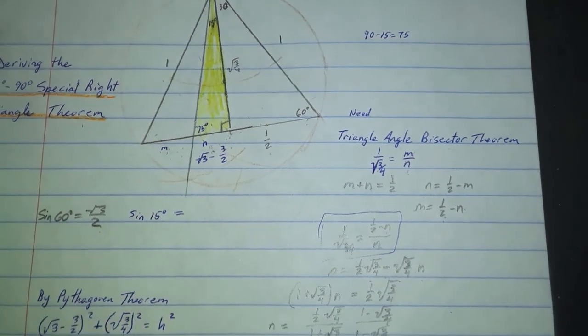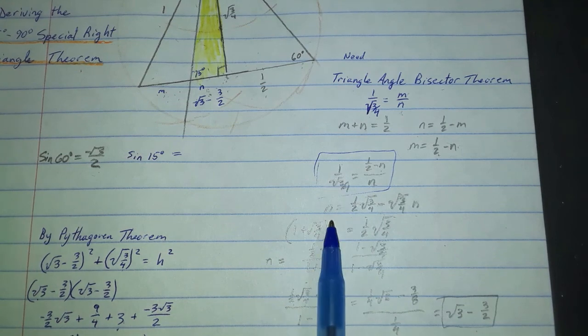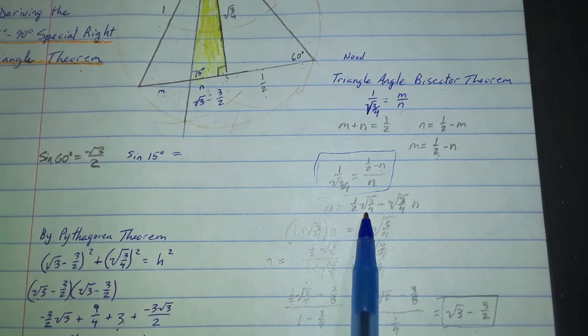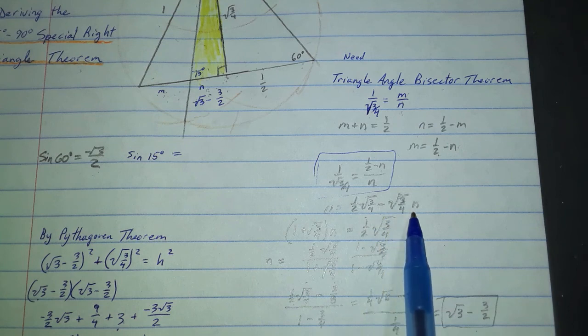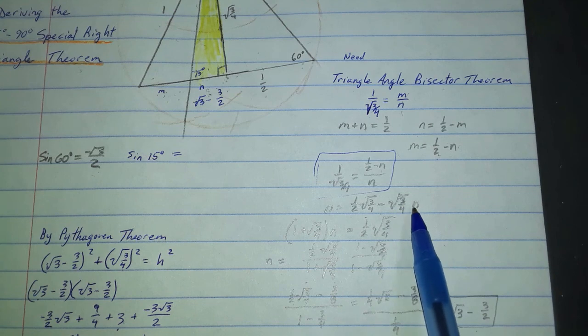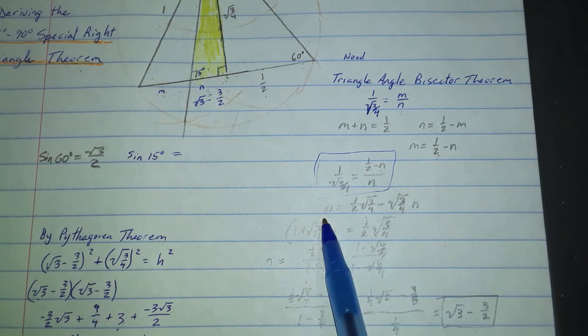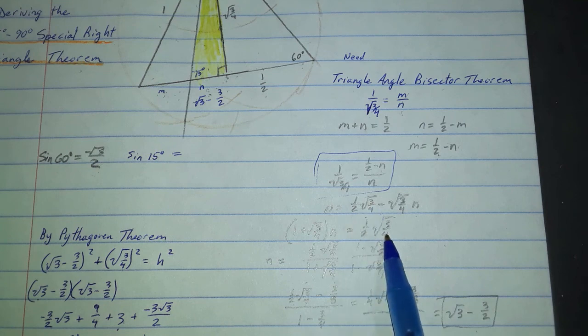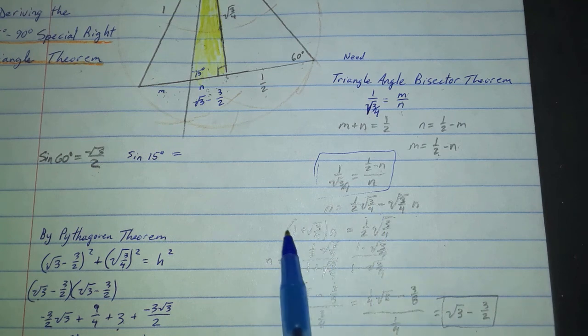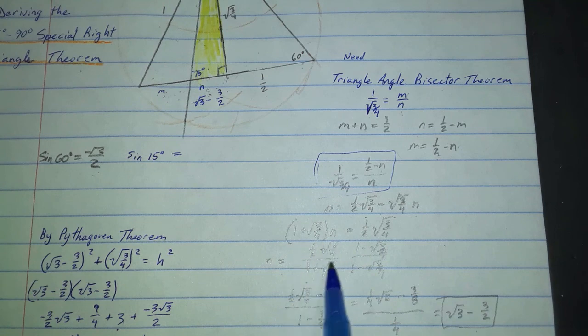And so the first thing to do would be to cross multiply, and that'll give us N equals 1/2 times the square root of 3/4 minus the square root of 3/4 times N. Next, we will add 3/4 N to both sides, and so we get this term of 1 plus square root of 3/4 as the coefficient of N, and then we still have this term over here. So we're going to divide this term from both sides, and you can start to do a simplification of this fraction by multiplying the top and bottom by the